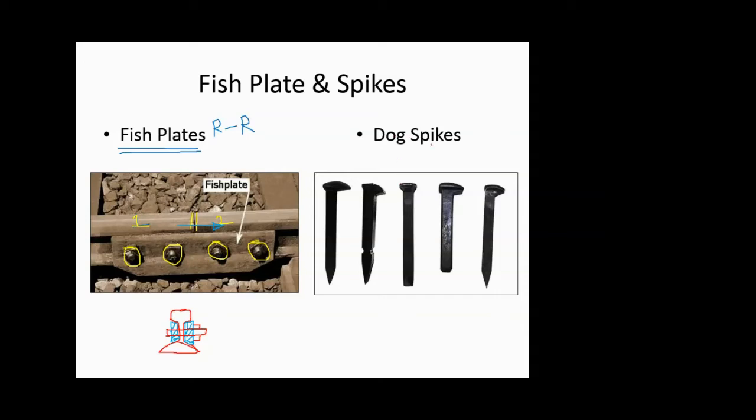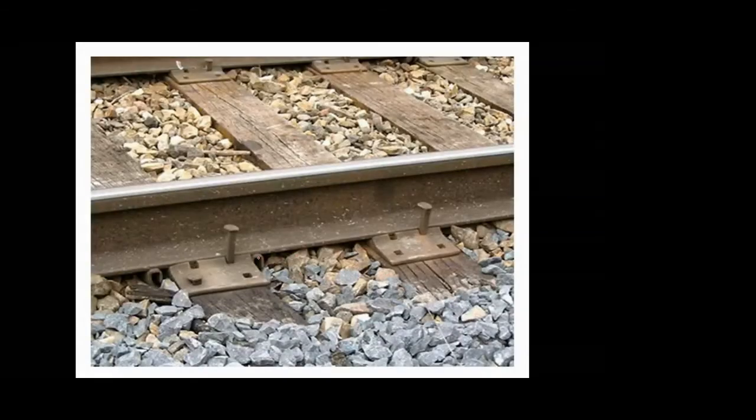Then next you have dog spikes. Now dog spikes are something that were used predominantly when wooden sleepers were in much use. It is nothing but sort of a nail, what you must have seen, but it has a different shape on its head and at the bottom depending on the use. Generally they are pointed if you have to insert them in the wooden sleepers. So this is the actual way that spikes are used. These are the dog spikes.